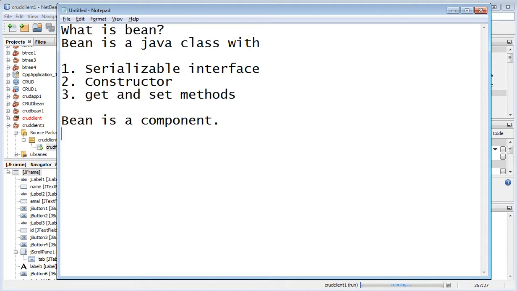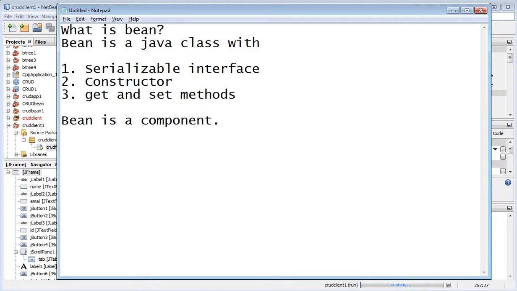Number 2, constructor. Number 3, get and set methods.